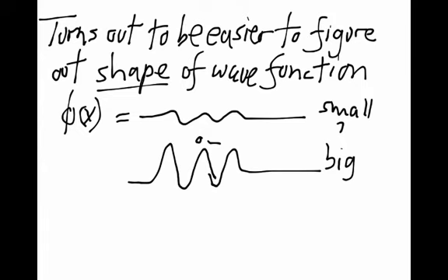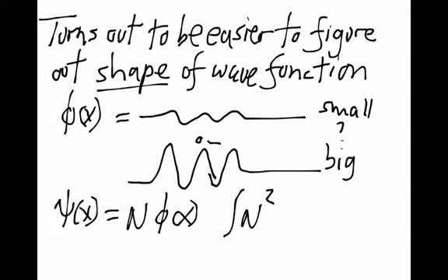So we're going to identify what the shape is, and then we're going to need to figure out how the wave function is normalized. And the procedure is really pretty darn simple. So if that's the unnormalized wave function, psi of x has to be some constant N times phi of x, which is the unnormalized wave function. And we're going to integrate that over all space. So we have to square the wave function: we've got N squared there, and we've got the magnitude of phi of x squared. And then integrated over all space, that has to be 1.